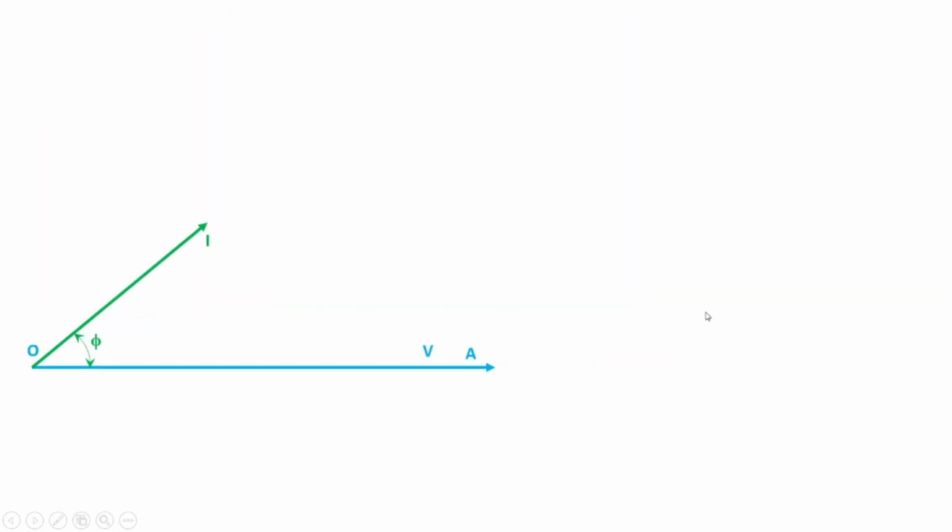Coming to the derivation of E0 using this phasor diagram, armature current is leading voltage by power factor angle phi. I into RA drop, which is parallel to I, is drawn from the tip of V. Then we need to draw I into XD drop, which is leading armature current by 90 degree. Then we need to draw BD, that is I into XQ drop, which is leading armature current by 90 degree. Then the total length BC is equal to I into XD, and this length is I into XQ. Therefore CD is equal to I into XD minus XQ.